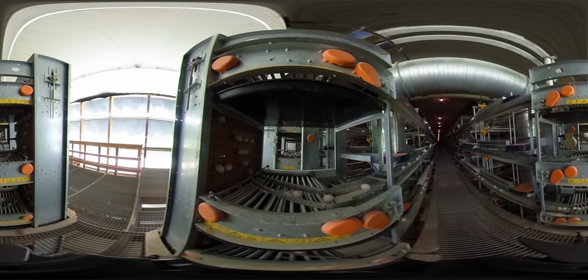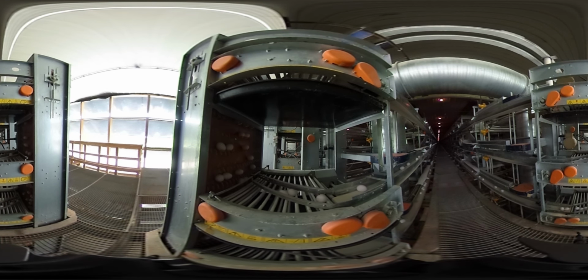The eggs our birds lay are conveyed on a belted system. The eggs are laid on the floor of the back of the cage and rolled to the front of the cage to an egg belt. Under each row of birds, there's also a manure belt that takes the manure out to the back of the house. The eggs go to the front of the building to keep the eggs out of contact with manure or